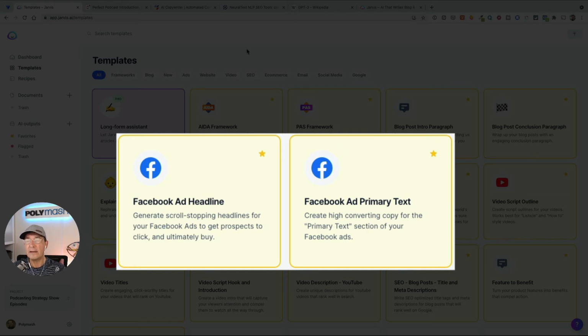You want to try a number of different variations. Now, you might link to the exact same URL. And in Facebook ad language, that's basically the genesis of A/B testing: we set up a number of different headlines and a number of different variations, and we also vary the images.